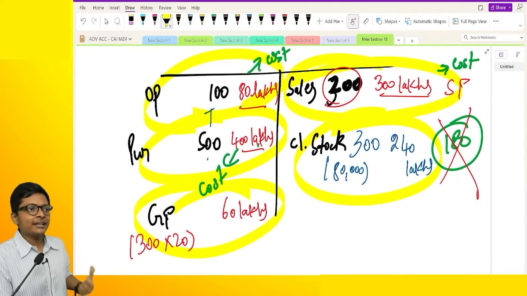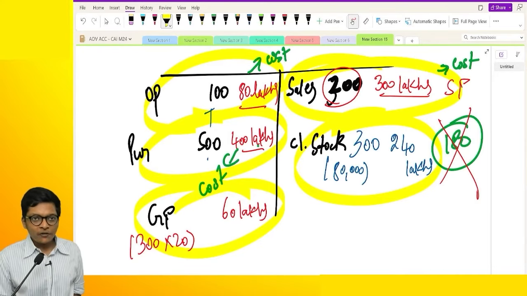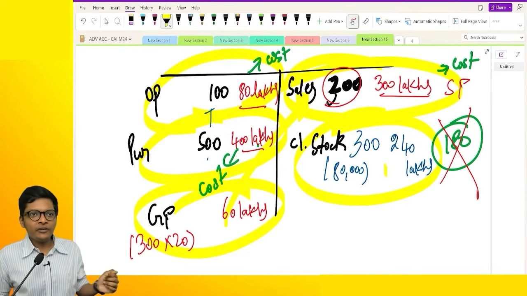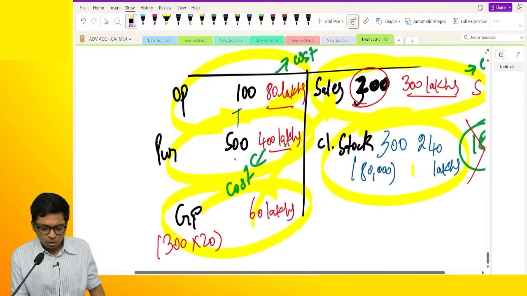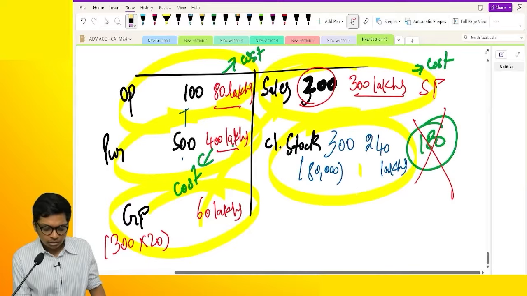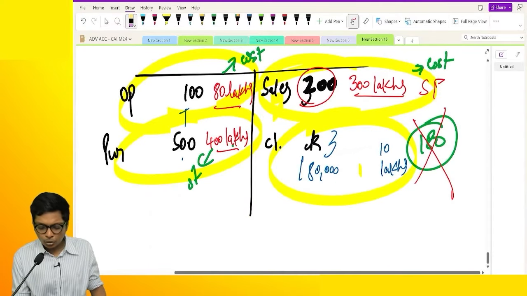Now you know how to find it, guys. Gross profit is a percentage on sales. Closing stock should be at cost. In this sum, if gross profit is missing, it is the balancing figure. Now in this sum, if they have not given us both gross profit and closing stock,